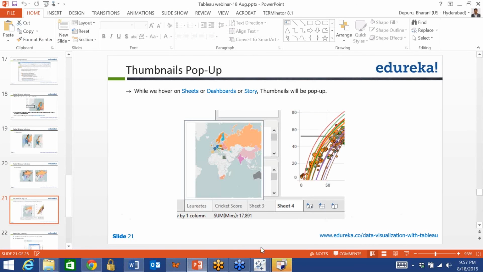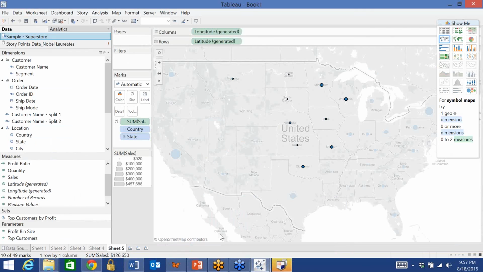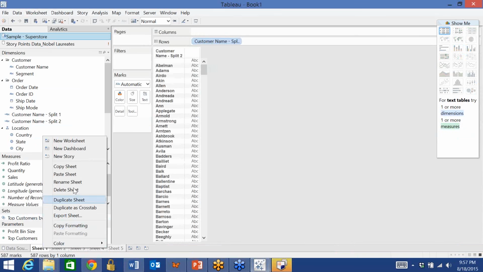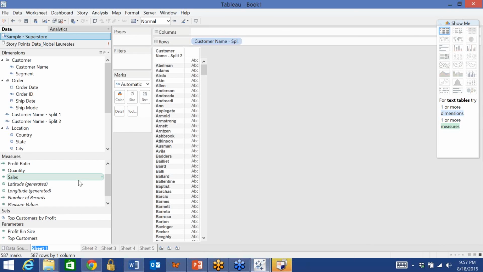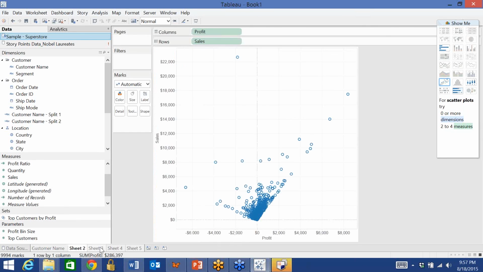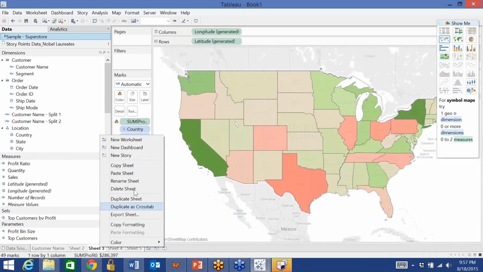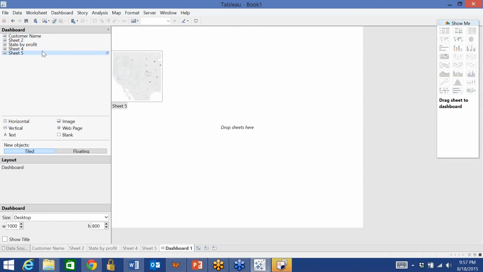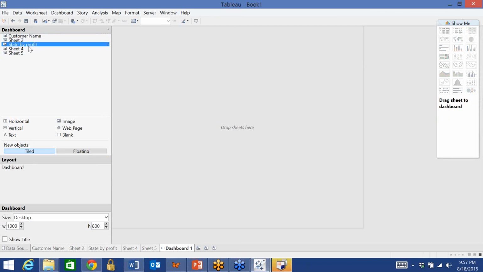And one last thing, right? When you want to create a new dashboard, let me rename these things. Let me rename this sheet 1 to customer name. Sheet 2, I will not rename. Sheet 3, I'm going to rename it to state by profit. Now, if I create a new dashboard, there's an icon here. I click on that new dashboard. Here, let me drag state by profit,